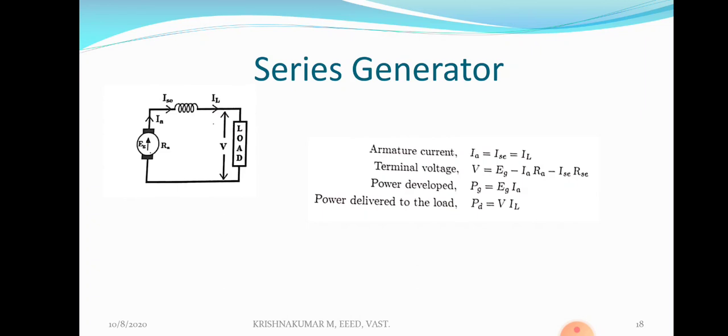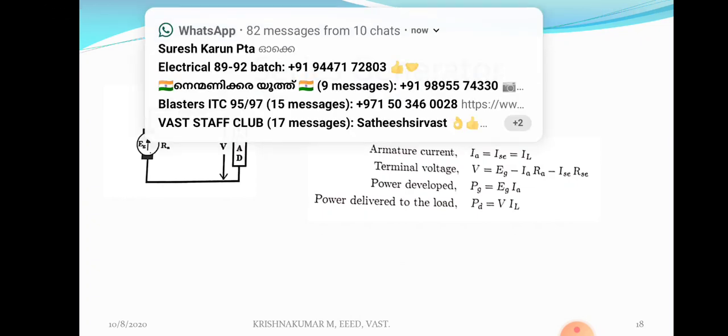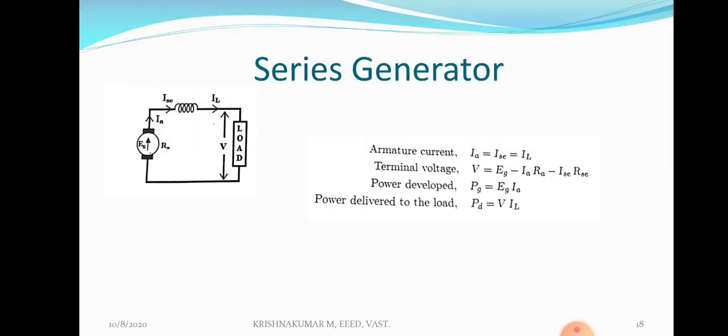All the three currents are the same because all the three, armature winding, field winding and load, are connected in series. So the current flowing through the armature, armature current, current flowing through the load, load current, current flowing through the field, field current, all the three are the same. So armature current Ia is equal to Isc is equal to IL. So this low generated EMF can circulate a current through the series field and load, and then